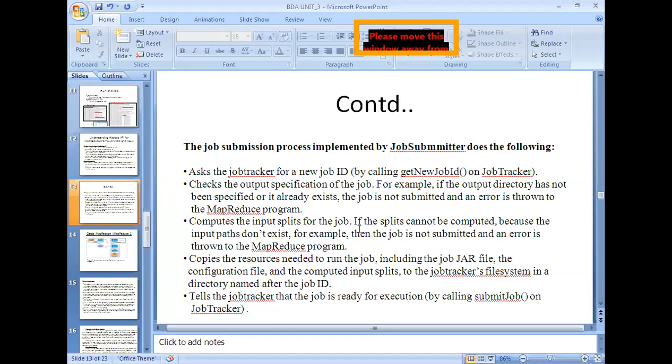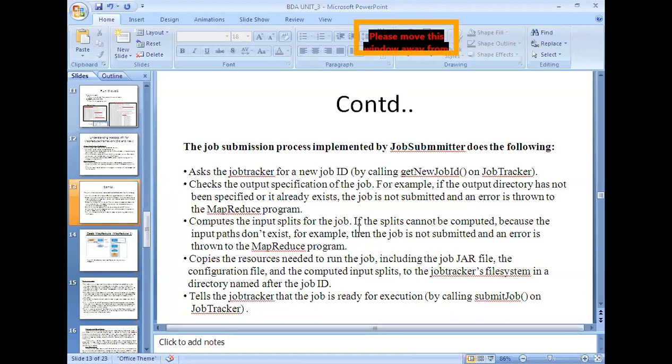The job tracker is going to split the given input into blocks. If the splits cannot be computed because the input path does not exist, what is the possible reason? Suppose you are not specifying the input path in the driver code or in the configuration object. From where is it going to get the information, and how is it going to split? So no idea.